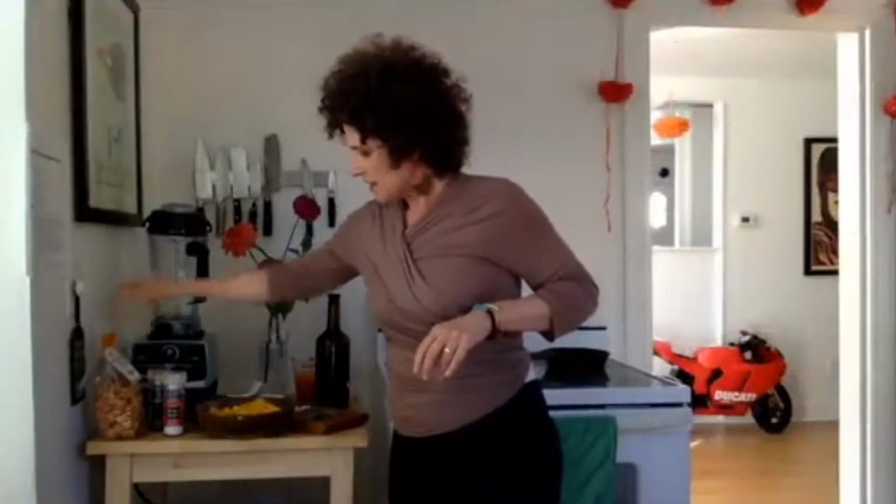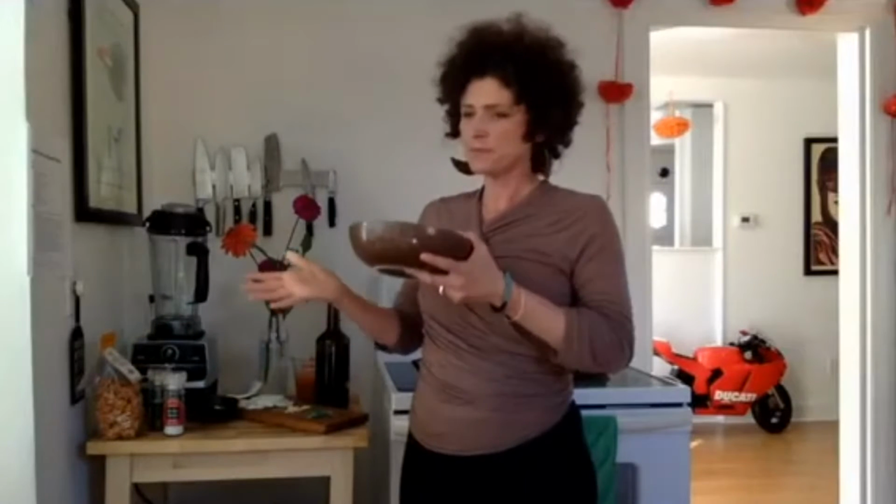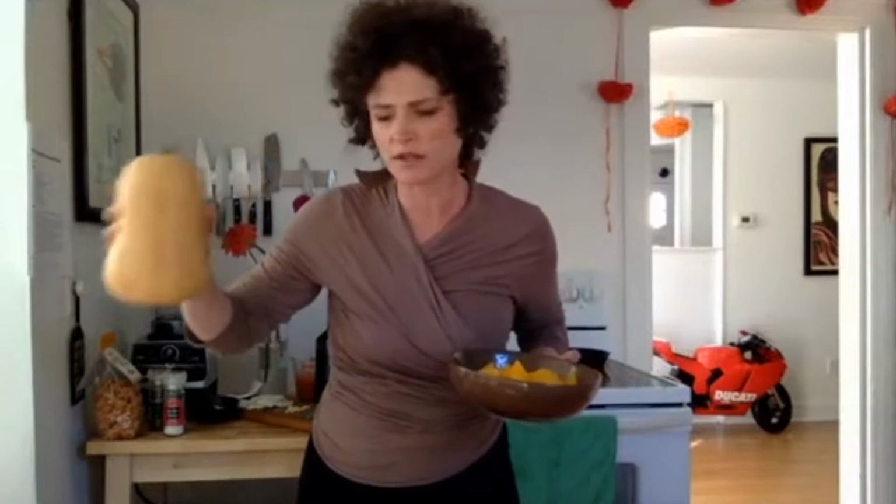So we're going to have that for our pasta, but we're not going to cook the pasta tonight. This recipe calls for 1 medium butternut squash, so that's about this size. The one I used was a little bit smaller. The recipe says to peel it, take the seeds out, and then boil the squash,